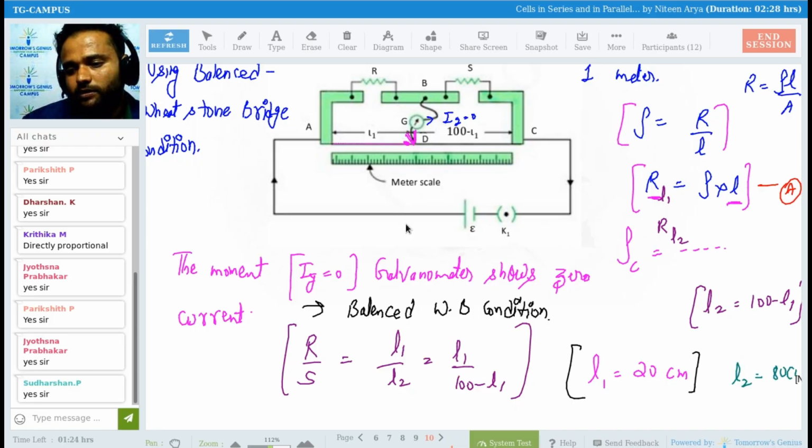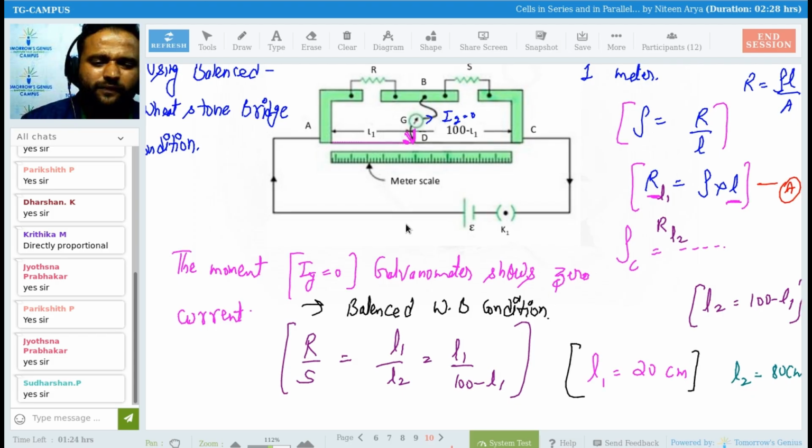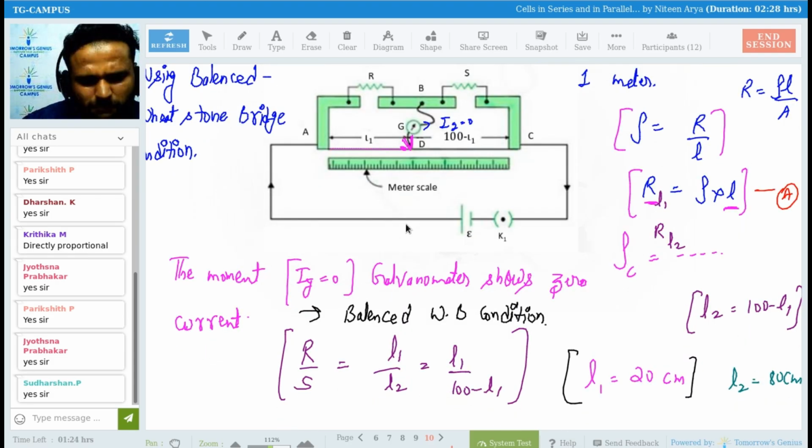Then it will automatically be 80 centimeter. So now we have the ratio L1 by L2. Maximum number of times they ask for the length, but sometimes they give the length, like how they form the question: at equilibrium, I mean at the length of 30 centimeter of a meter bridge,